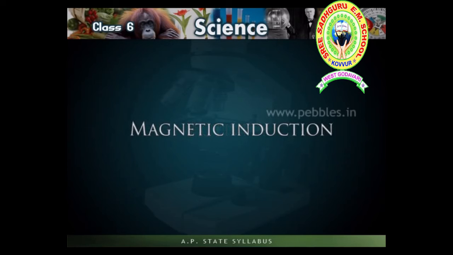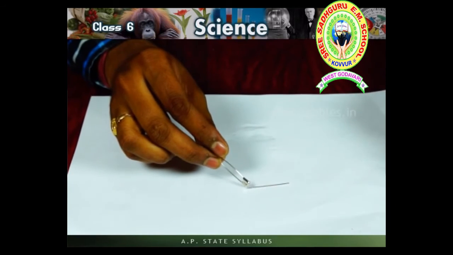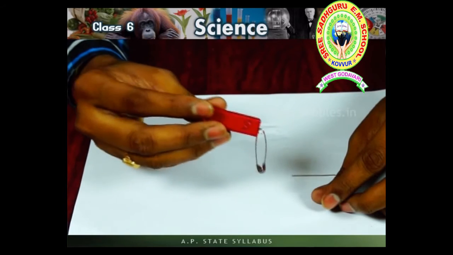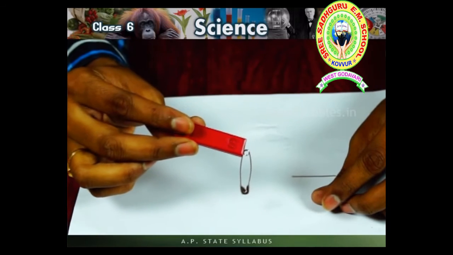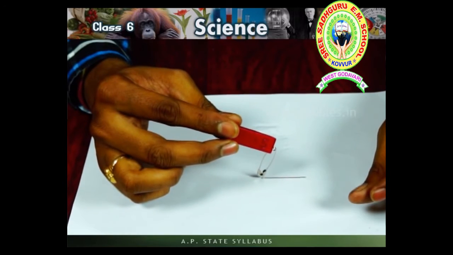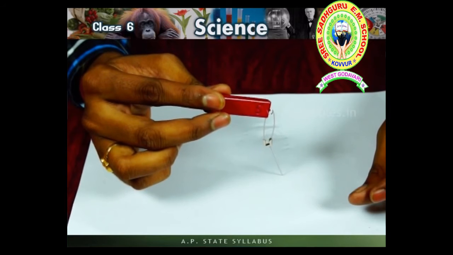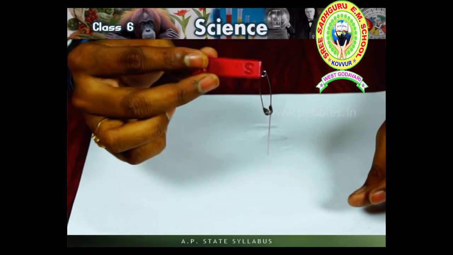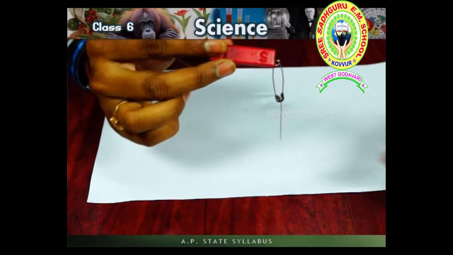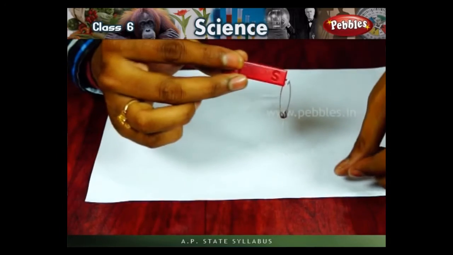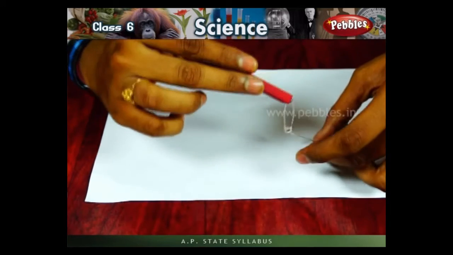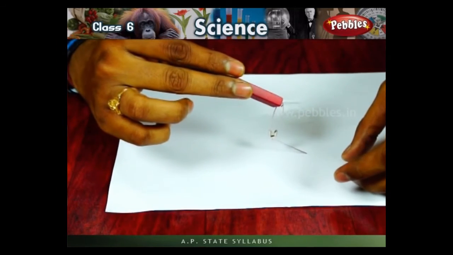Activity. Magnetic induction. Take a safety pin and bring it close to a pin. Bring the safety pin close to one pole of a bar magnet and see how it gets attached to the magnet. Now bring a pin and touch it to the safety pin as shown. In the above two cases, we notice that the safety pin acts as a magnet when it is in contact with another magnet. Magnetic property is induced in the safety pin due to the bar magnet. Magnetic property possessed by a magnetic substance due to the presence of a magnet near it is called magnetic induction.